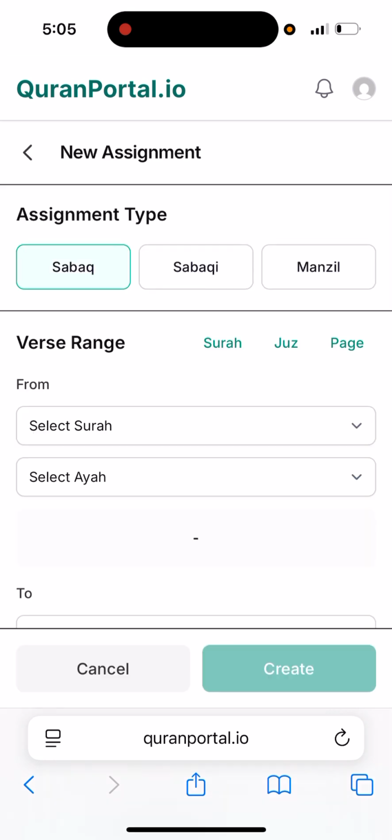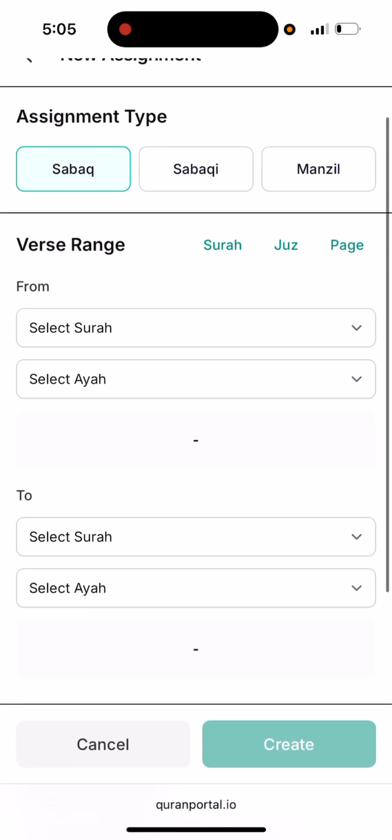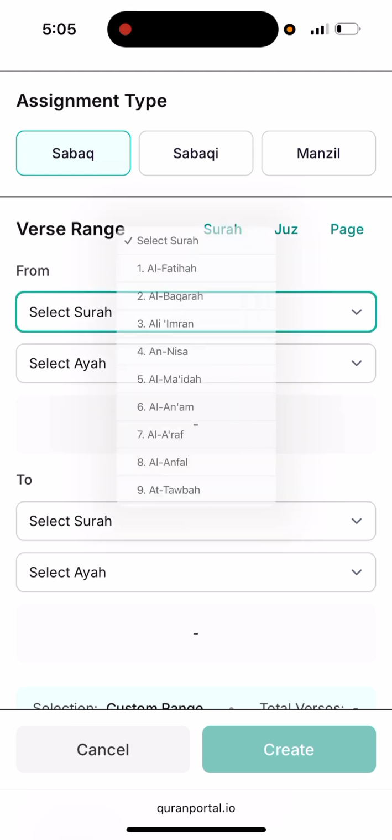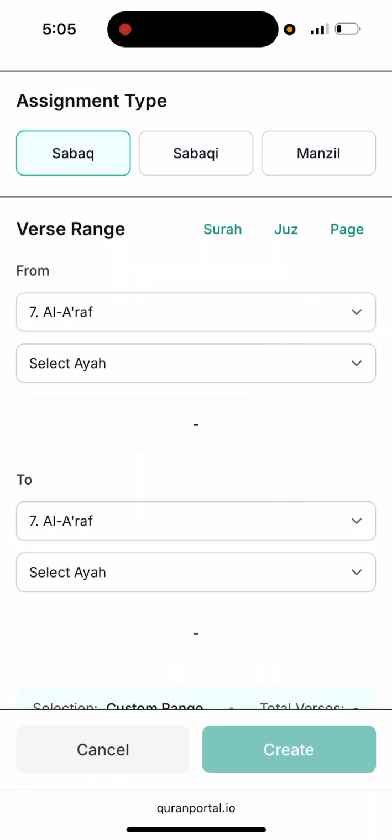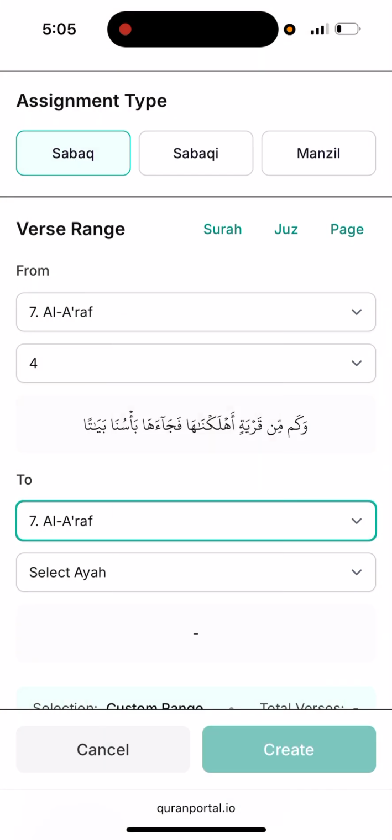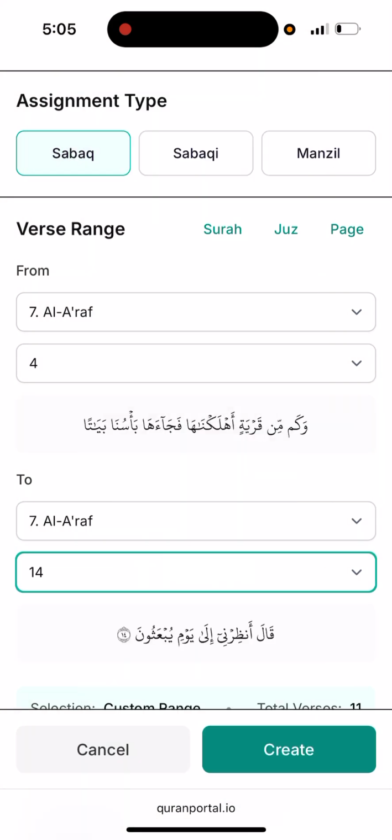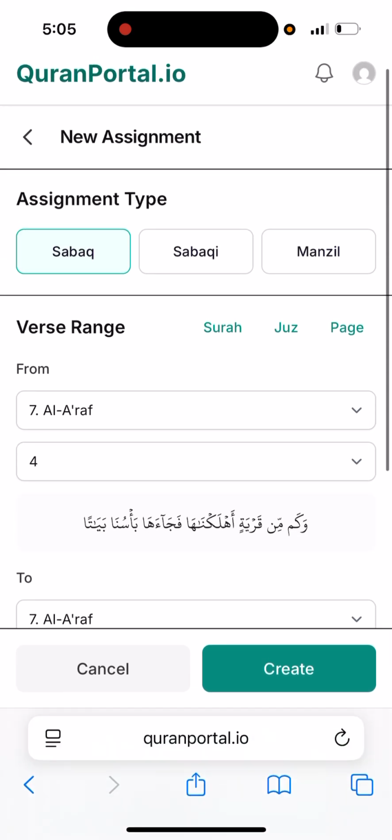So let's say they have Sabak, and we can name this new lesson, previous lesson revision, or any other muraja'ah that can be. So the teacher can manually select any ayah, let's say Surah Al-A'raf, ayah 4 to A'raf, ayah 14. That's if you want to do a custom range, but you can also quick select the surah, a juz, or